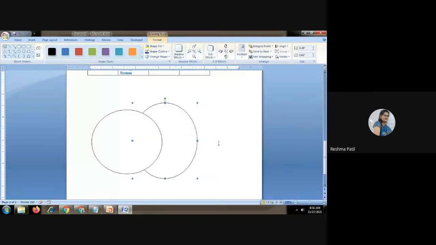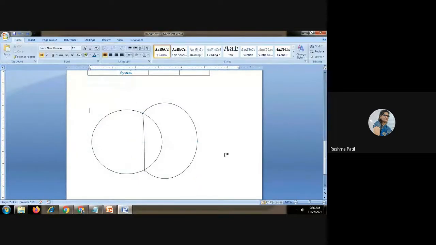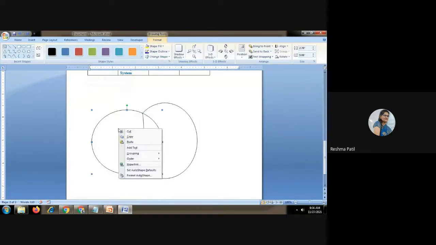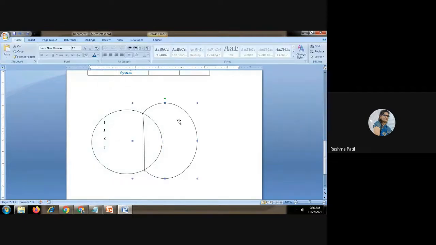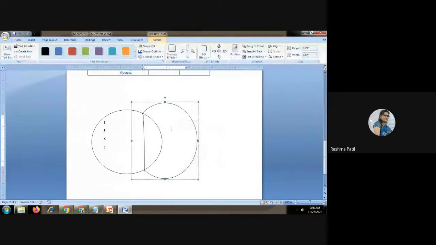Okay. Suppose this circle is the first relation and this is the second relation. Suppose this circle contains some values 1, 3, 6, 8, 7, and this one contains some values which are not common in both.